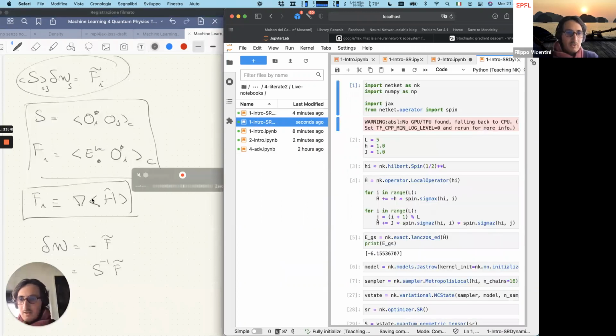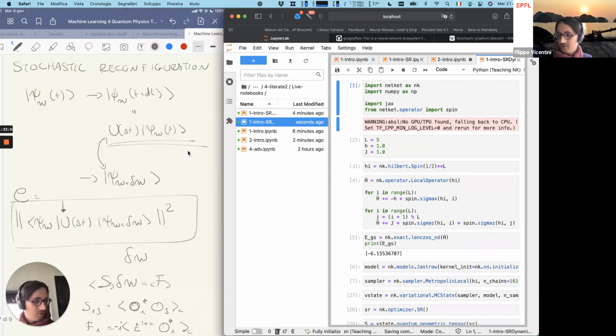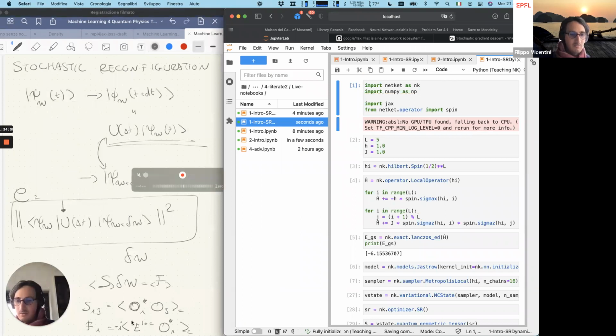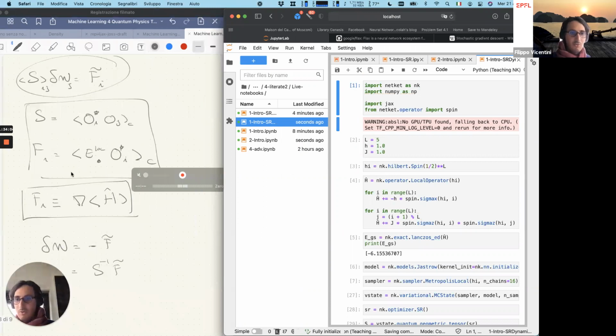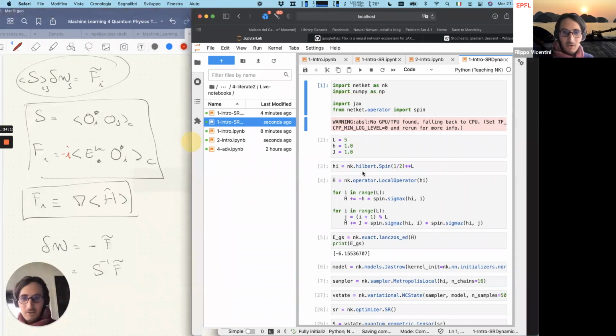So what I told you before is right. What Giuseppe told you a few days ago is that to do the dynamics, what changes is that you have this minus i inside of the gradient here. So what we have to do now is simply pick a red color and add the minus i here. Nothing else. So if we take the code that we had before,